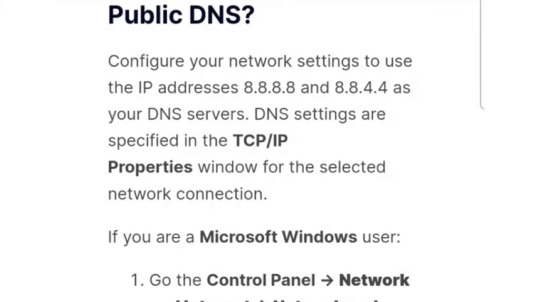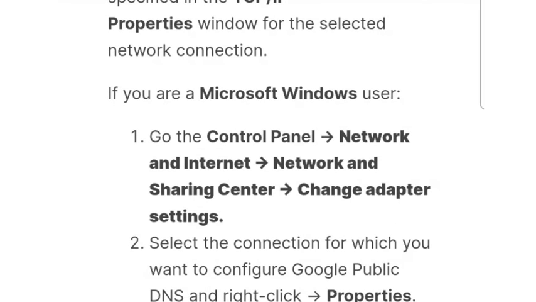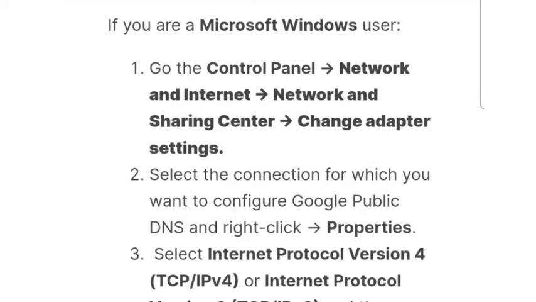If you are a Microsoft Windows user, go to the Control Panel, Network and Internet, Network and Sharing Center, Change adapter settings. Select the connection for which you want to configure Google Public DNS, right click, Properties, select Internet Protocol Version 4 or Internet Protocol Version. Select use the following DNS server addresses if there are any IP addresses listed in the